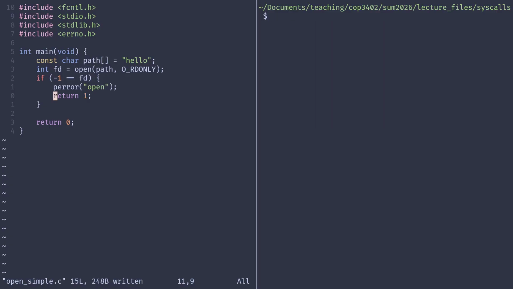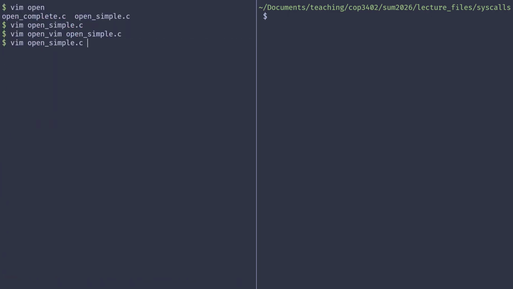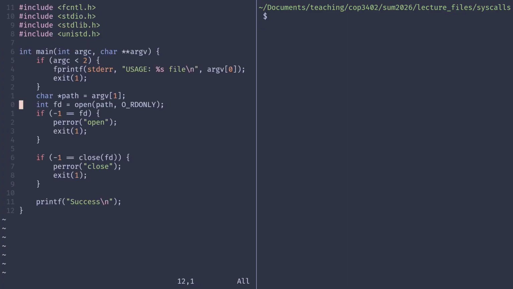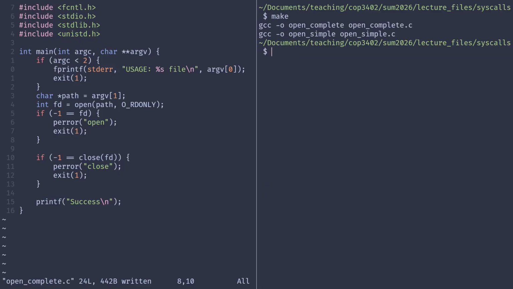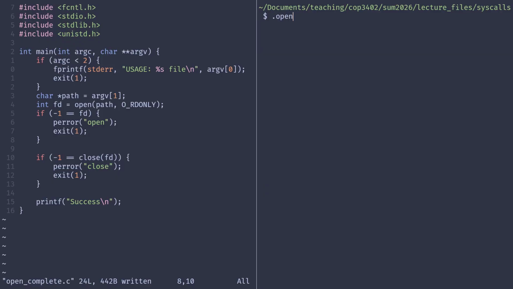Okay, let me check one more thing here. I had a bigger example. Let me see what's in this one. Yeah, so this one's a little bit different. In this case, we are not just opening the file, we're accepting an argument with this program. This is open complete, so in this one, we can specify the name of the file that we want to read from. And then what we'll do is call another syscall, close, which